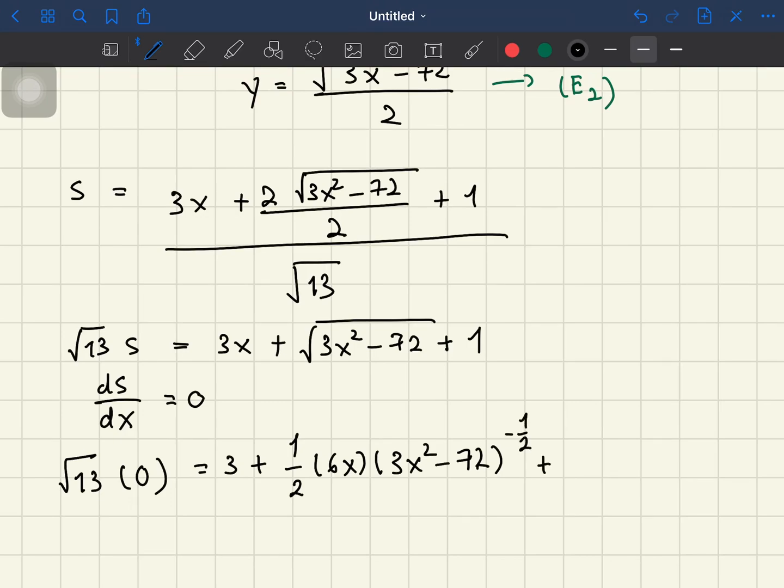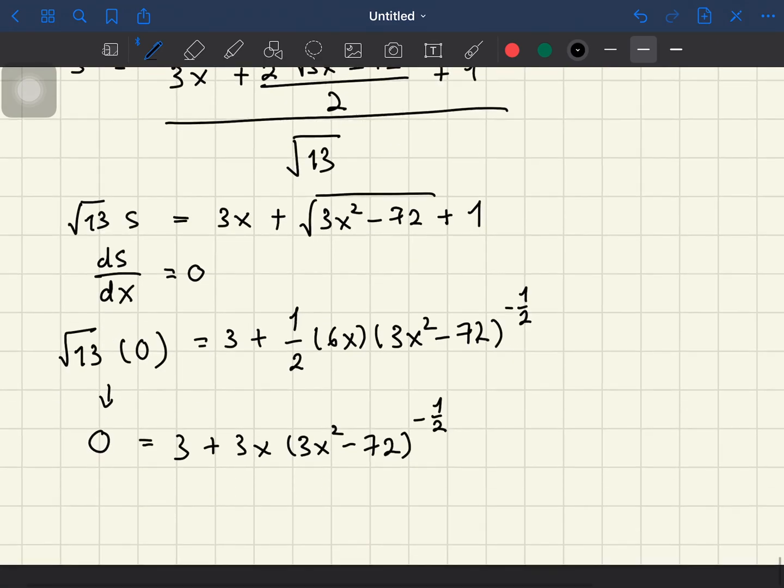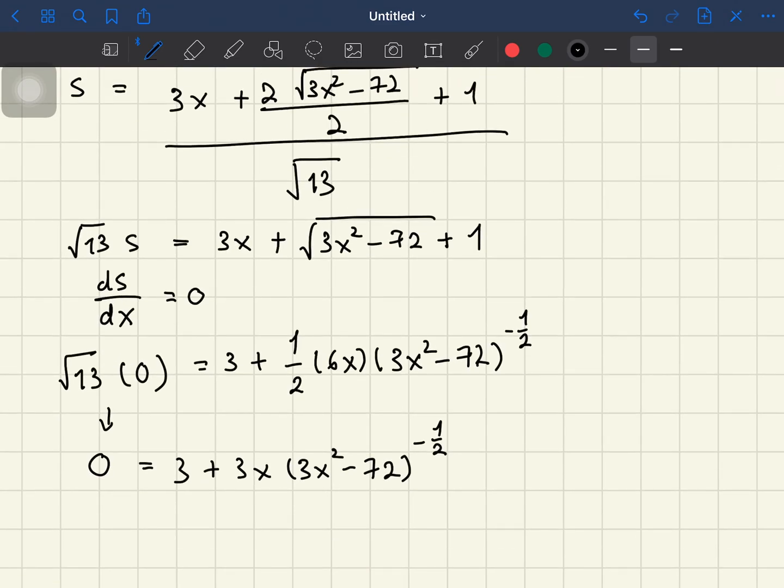and then this one is minus 1 over 2, and then plus the constant, so the constant is 0, and that's all. And then this one will become 0 on the left hand side, and this one will become 3, this one will become 1, well, half times 6x equals 3x, and then you will get this entire thing here, and then you are able to solve the